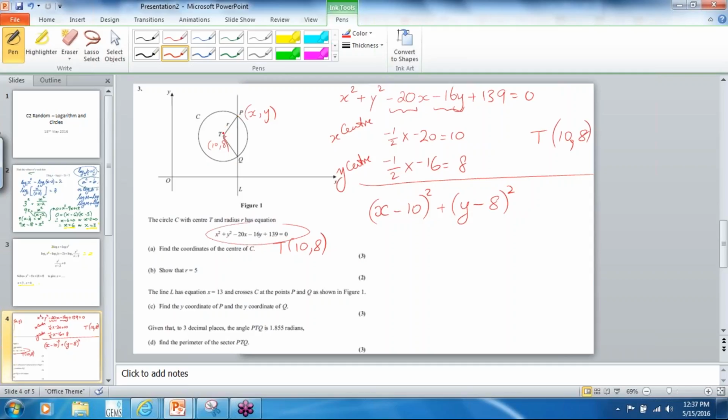Then the distance between them is like Pythagoras' theorem, delta x squared plus delta y squared. If I just have a right angle triangle here, delta x squared is (x minus 10) squared. Delta y squared is (y minus 8) squared, which equals the radius squared. So let's expand this: x squared minus 20x plus 100